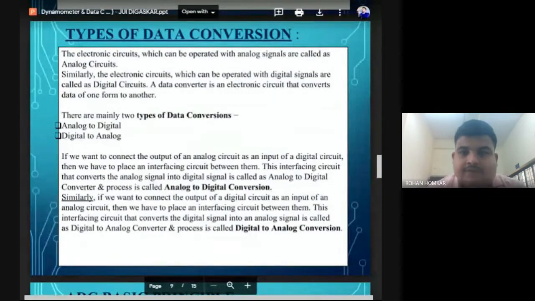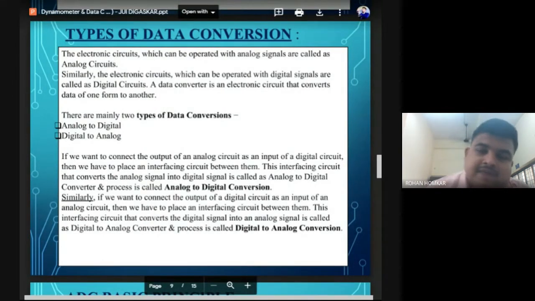And moving ahead, in electronic circuits we are going to use these data conversion mechanisms, and it is also where we need to operate with analog circuits. Analog circuits are those circuits which use analog data, or analog signals. Now electronic circuits operated with digital signals are digital circuits, and we need to connect these two, analog circuits as well as digital circuits. Okay. So now let's see the different types of data conversion: analog to digital and digital to analog.